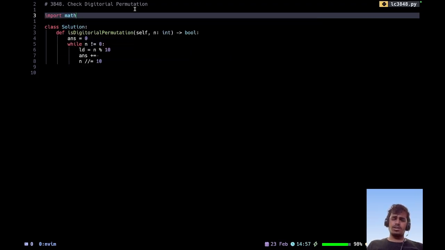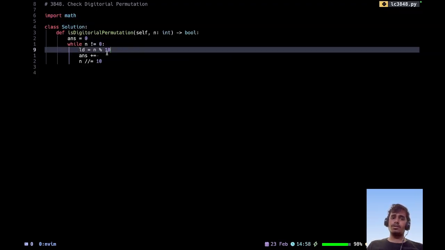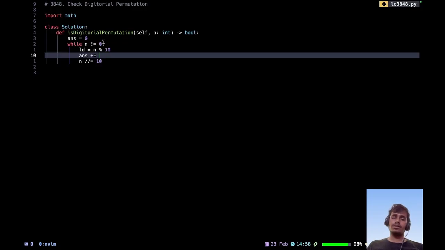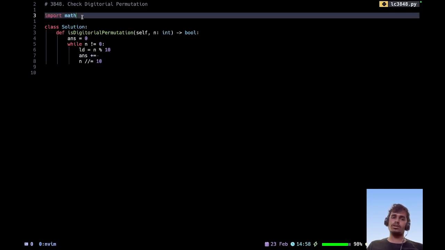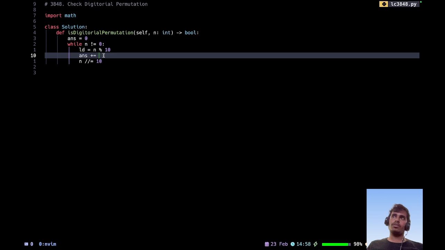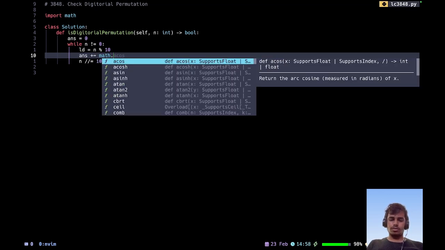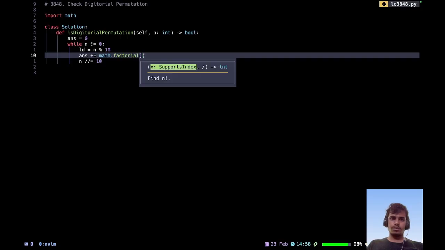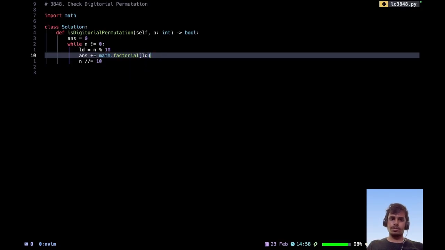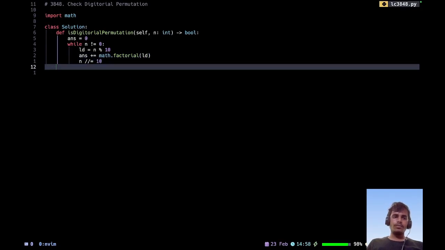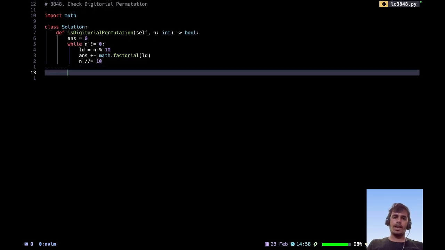I am using the inbuilt function of factorial from the math module by default, because that is more efficient than a normal user defined function. So answer plus equal to math dot factorial of the last digit. Okay, we have got the last digit, and now